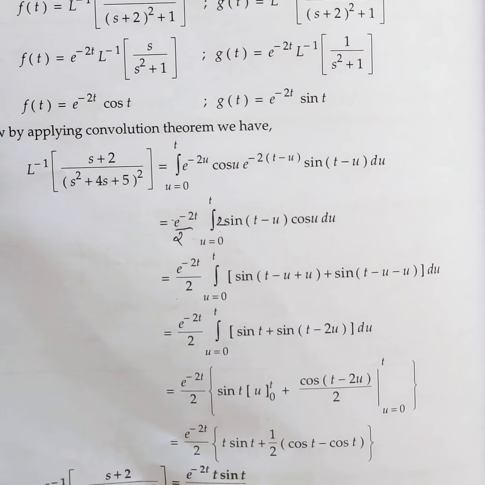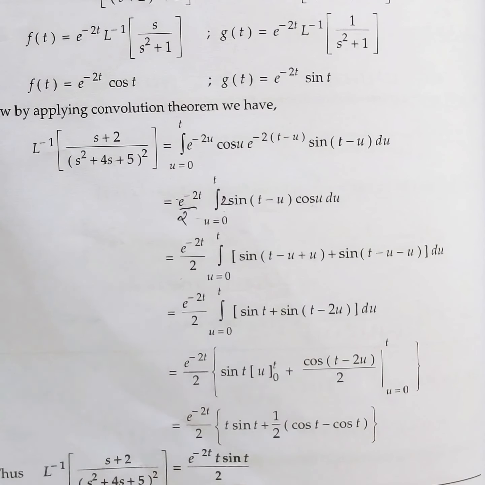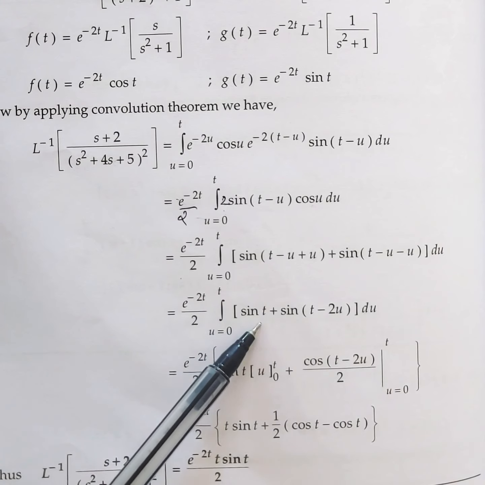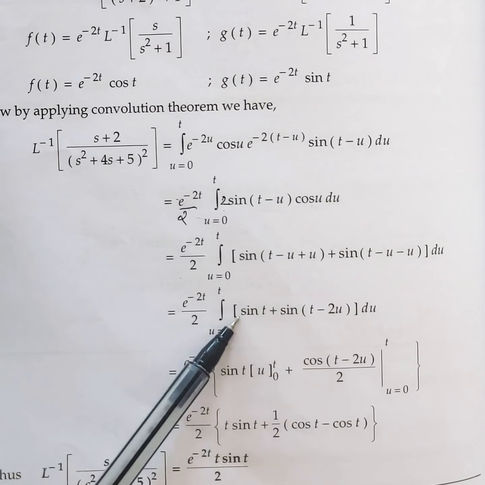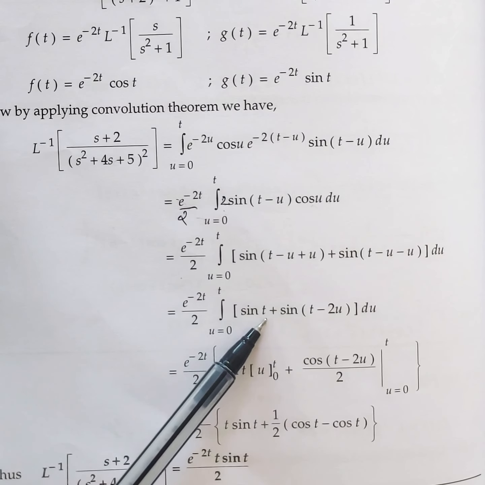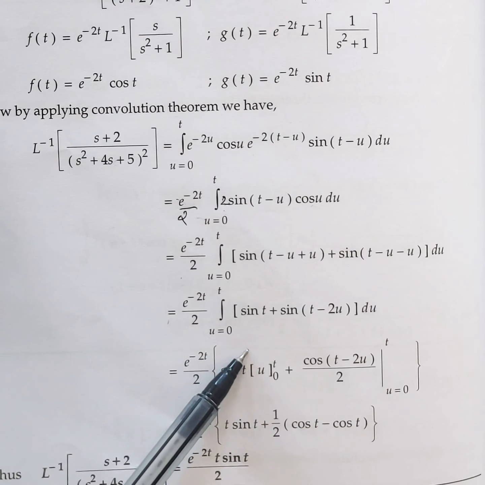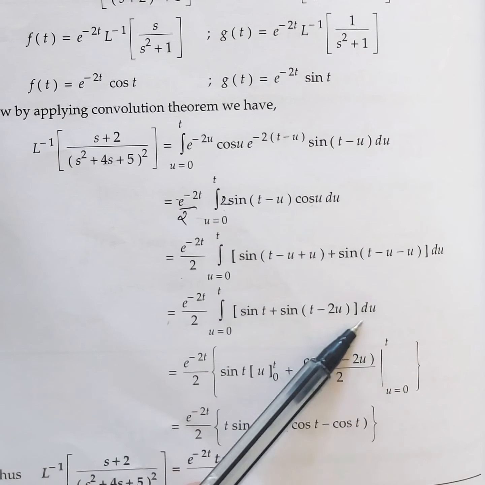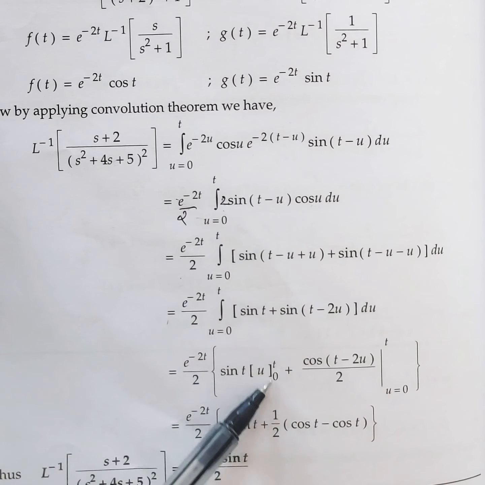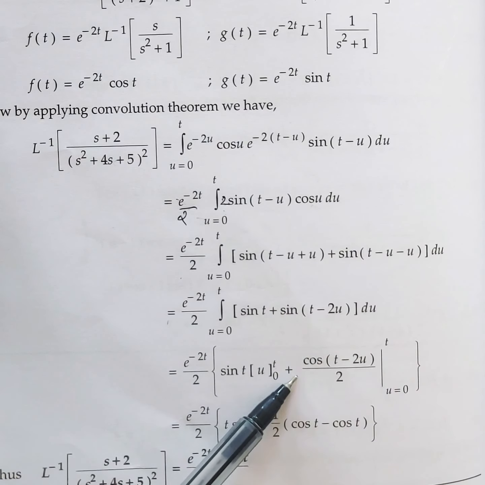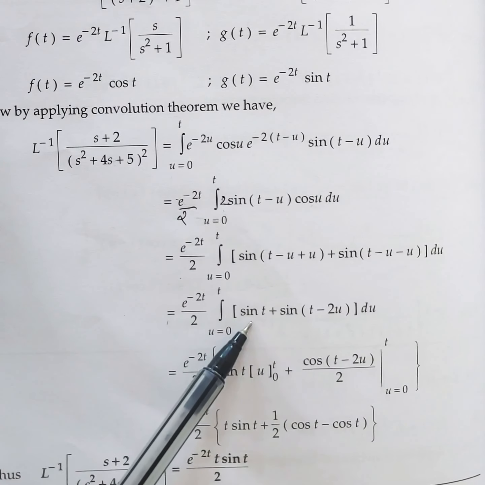Okay. So now we are going to integrate and apply the limit. So this is very simple, and please, integrating with respect to u, not with respect to t. Don't integrate sin t. Sin t is just a constant. Whenever I say constant is there, throw that constant outside. If you want, you can write one more step. Sin t into integral of du. So integral of du is u within the limit 0 to t, plus here u is there inside, so I cannot throw it like the previous term.